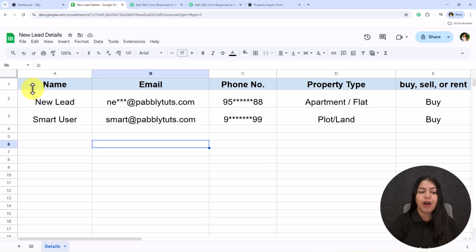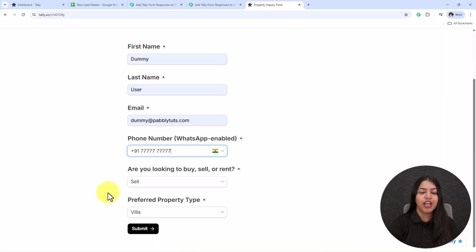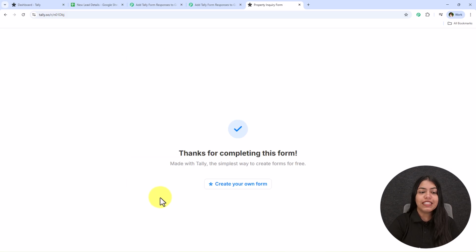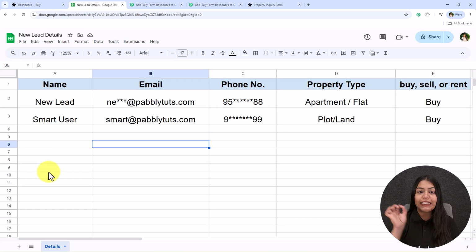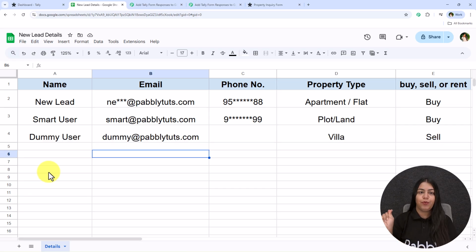But before I show you how this automation can be created, I'll just show you how this automation is going to work. So as you can see, I've entered all my details and I'm just going to submit this form. Once I submit this form, automatically the details will be added in this Google Sheets without any manual intervention. And as you can see, within seconds and in real time, the details are added right over here